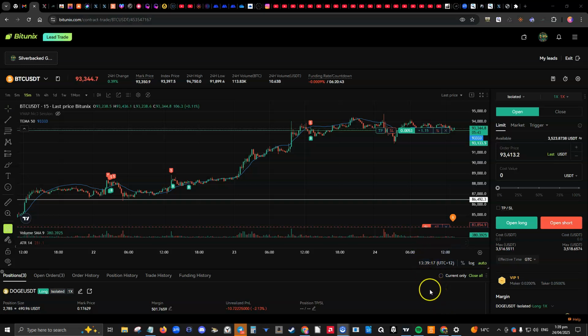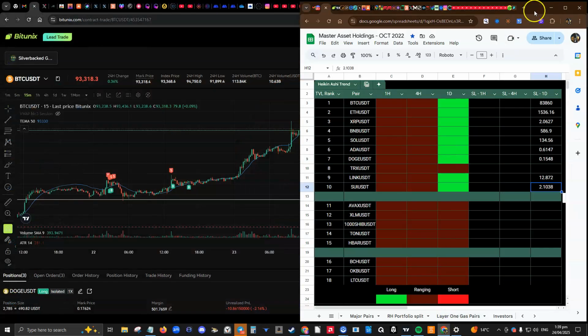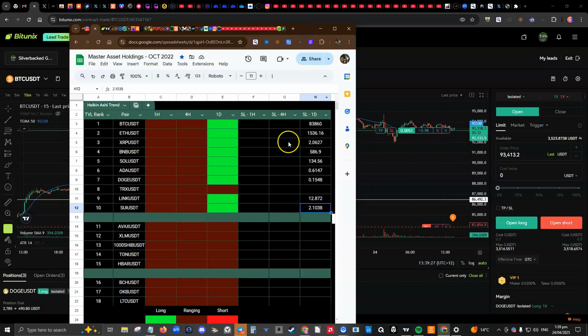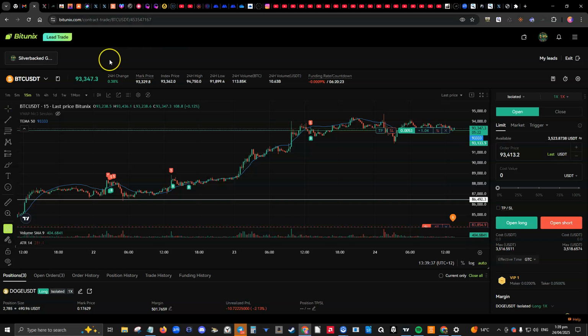If you guys don't want to actually do this yourself, or the easy way to do it, and this is how you do it, is basically we obviously pull up which assets we're actually investing in. So the first one is BTC, and this is the stop loss level. Just go like this and copy that. So BTC with a stop loss level of this. Now I think I've already got BTC, so let me just, yeah I do, I've got a position there already. Now as far as the stop loss on BTC,